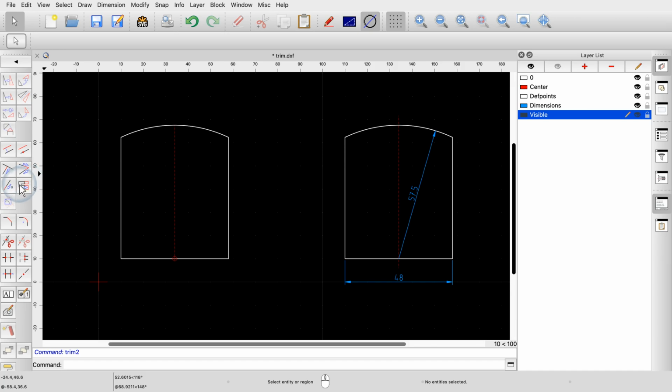To extend the center line, we use another trim tool to lengthen the line by a given amount. For the amount to lengthen, we enter 4. We simply click the line to lengthen the line by the amount we have entered. The line is extended at the end that is closer to the mouse cursor when we click.